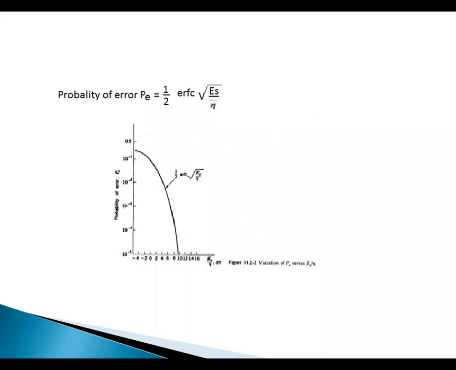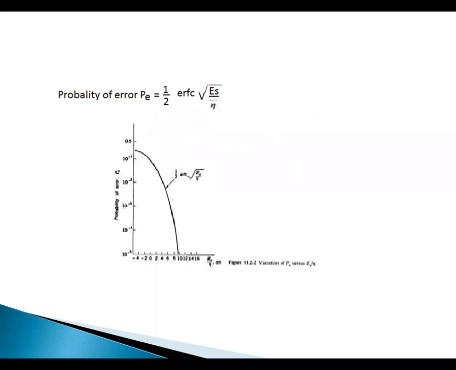Okay, so based on that limit, some systems are allowable systems, some systems are not allowable systems. What are the systems? Digital communication systems. R less than or equal to C is the allowable condition, R greater than or equal to C is not an allowable condition. So below minus 1.6 dB is not allowed, above minus 1.6 is allowable. That's why you can design any system nearer to that Shannon limit.